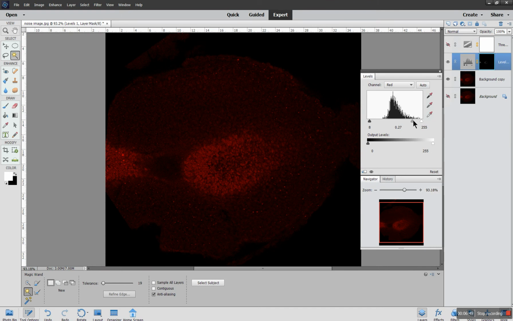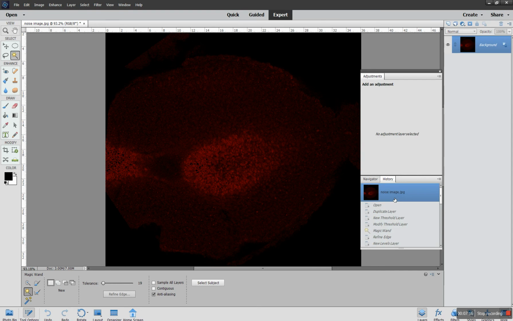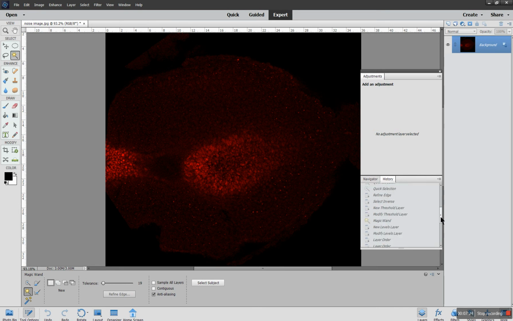So I can take it all the way down, I can even reduce it further, and you can see that even the other brighter spots are going and disappearing, and they fade off into the background. And you've lost the very bright areas in the middle here. If I go into history, it allows you to play back what you've been doing. So I can go back to the original picture. I've called it noise image, by the way, just because it's a form of noise that we're trying to get rid of. It's actually the original, and if I go back to what I've just done,